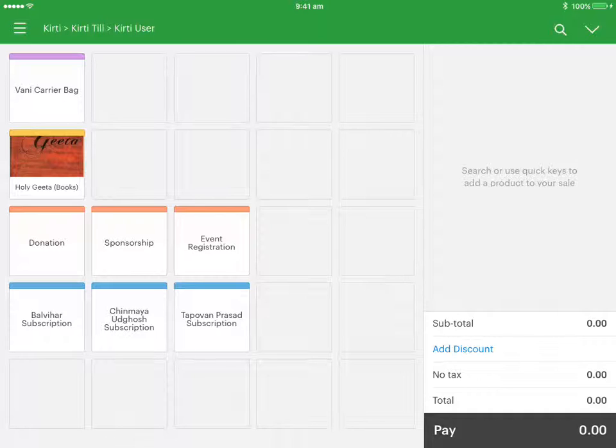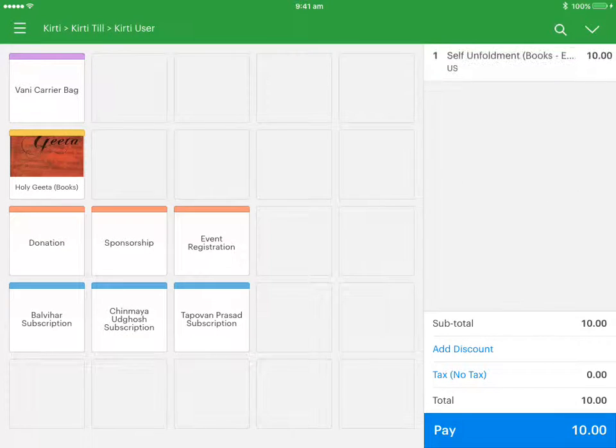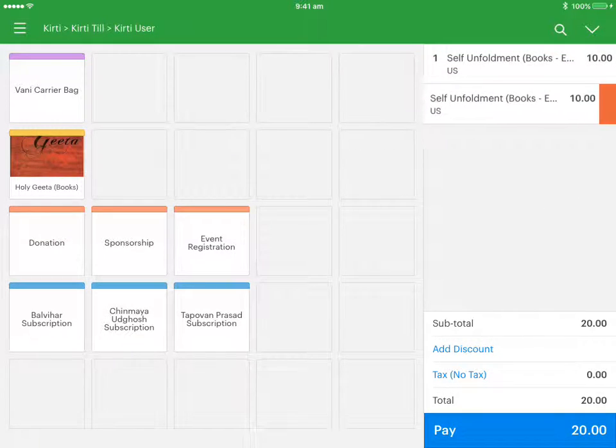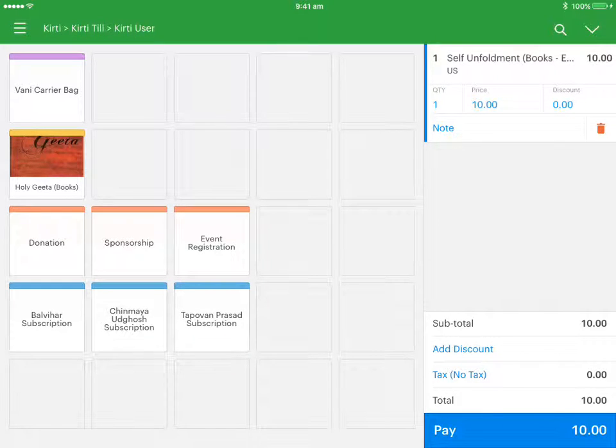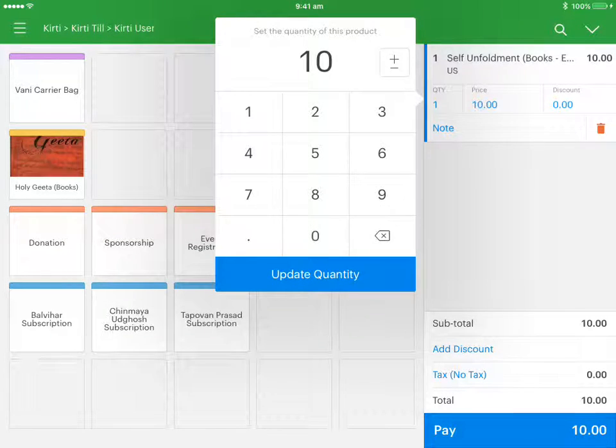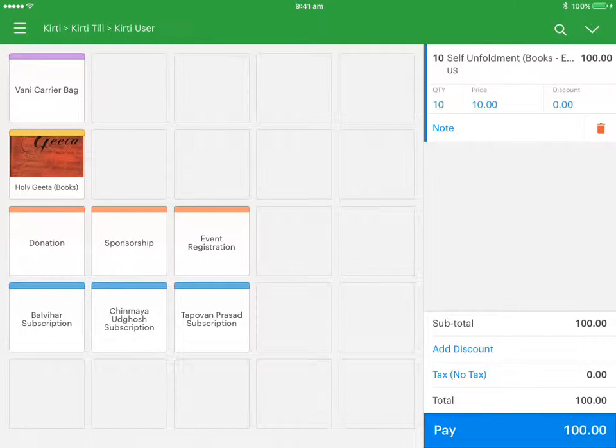scan the barcode on the book. Delete that extra addition. As you know, you can either scan it or you can search for the product as well. Now all you do is you change the quantity. So let's say I make it 10. The price will remain the same unless it's been agreed there is a particular discount. Then you go on to pay,